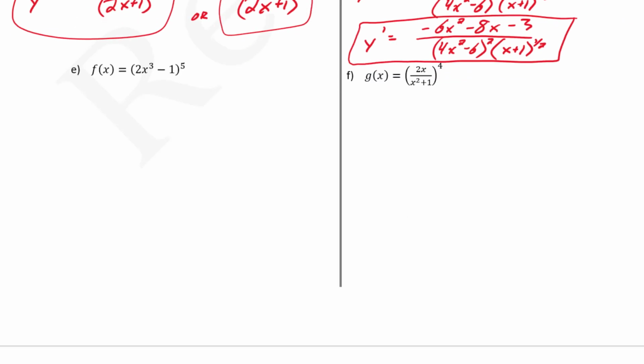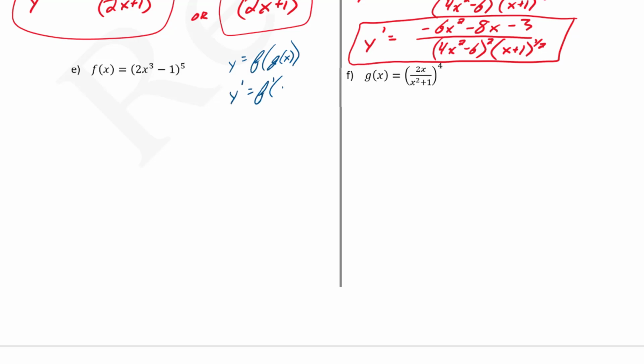Now moving on to the last two on this page. Looks like letter E, we've got a chain rule situation because we've got a function inside of another function. So as far as the format is concerned, I'm just going to have to do the outside part. So if y, let's go ahead and see how we can write this. If y is equal to f of g of x, the derivative of that y prime is going to be